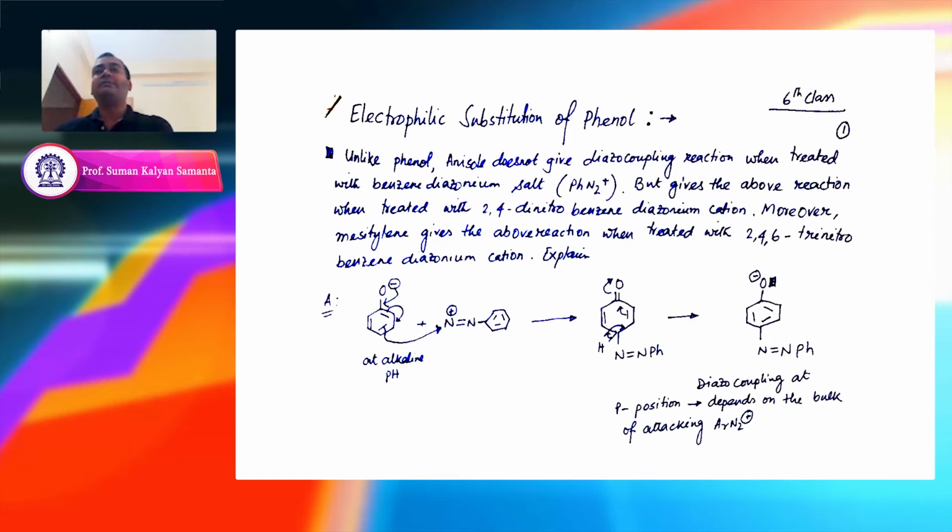Now you can definitely ask me the question, why is this negative charge not attacking through the oxygen, why is it attacking through the carbon center? Both possibilities remain: it could attack through this oxygen or through this carbon center. But here the deciding factor is the bond energy, or the bond strength, and it appears to be more stable through this carbon center and not through this oxygen center. And that is why this carbon center.